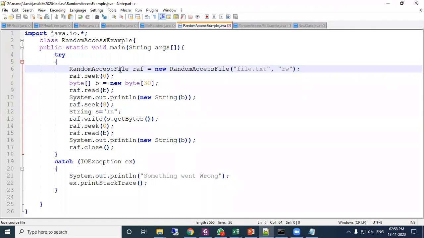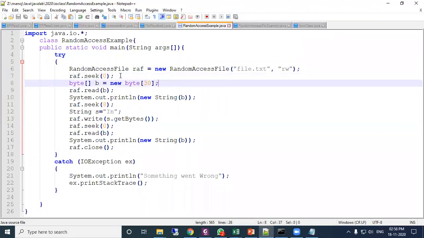So RandomAccessFile raf, where raf is the object name, equal to new RandomAccessFile file.txt comma rw. That means file.txt will be opened in read write mode. You can read the content as well as write content to the file. Next, raf.seek within parenthesis 0.